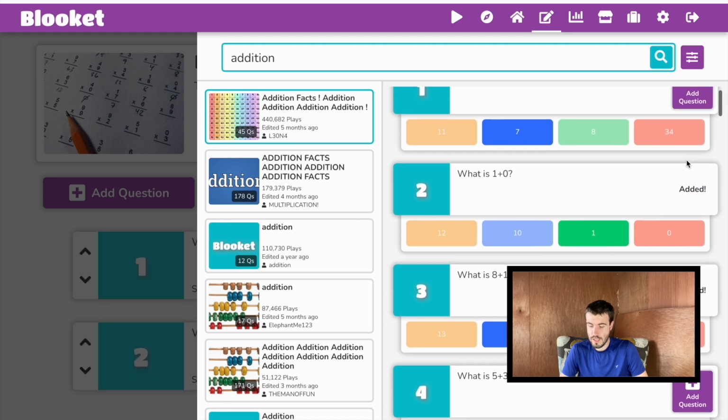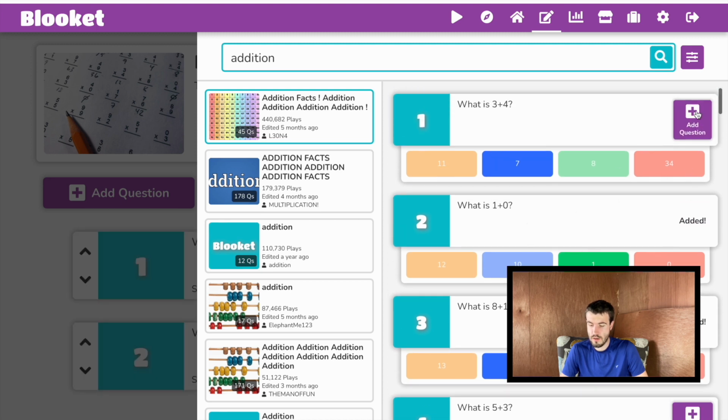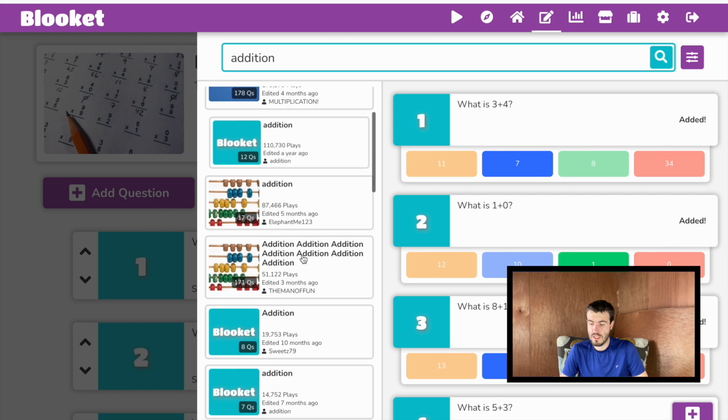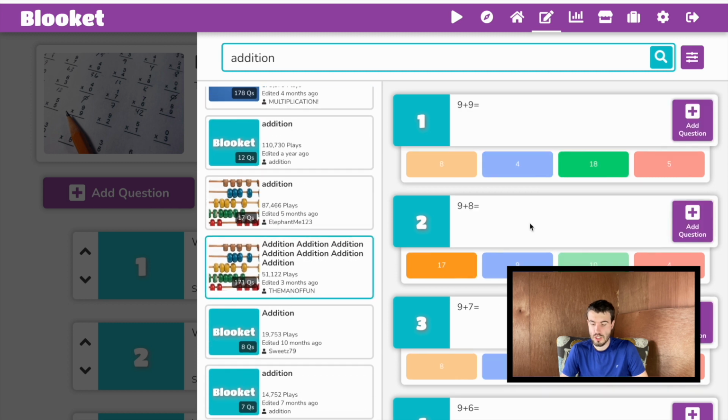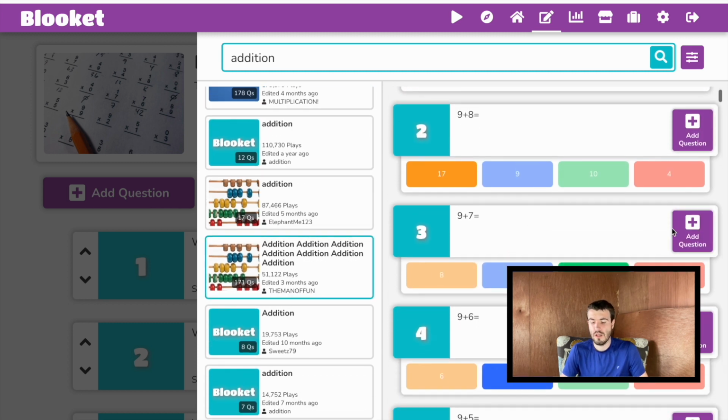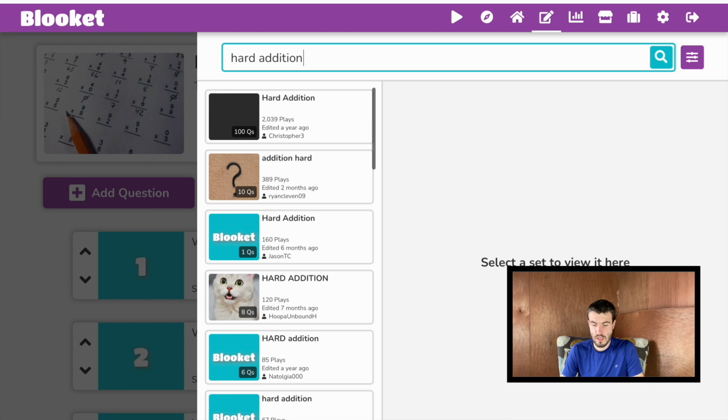So I think all these, 8 plus 1 is 9, 1 plus 0, that one is 1, and then 3 plus 4 is 7. I like those ones, so I'm going to put those questions in. And straight away, you can very quickly just make your own quiz by using other people's questions if they match what you want. If I think they're a bit too easy, I could put in hard addition and see if